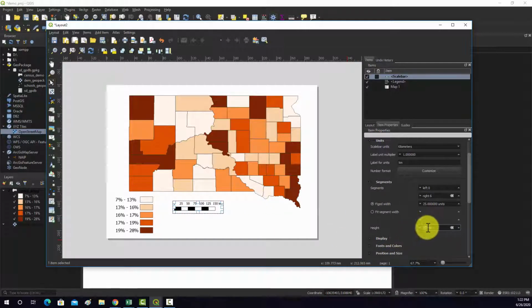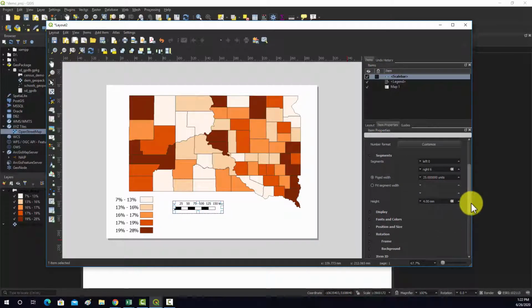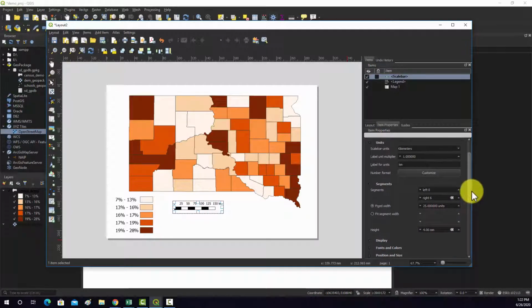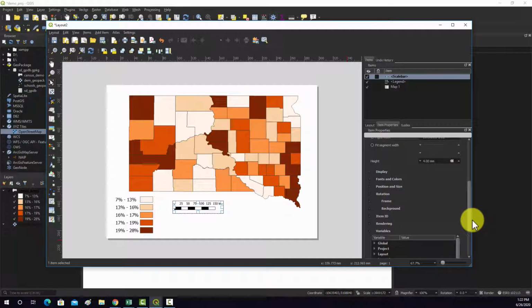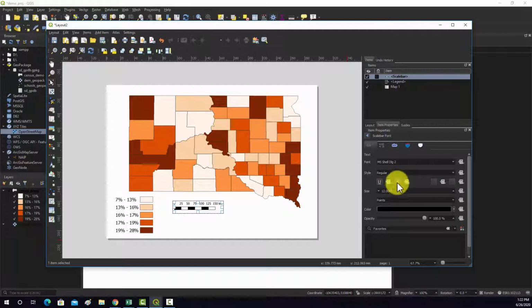Maybe it's too much. And then what else could we do to it? I think that actually looks pretty good. We probably do want to change the font. So I'd prefer all my fonts to match. So I'm going to change this to Tahoma again, regular. Maybe I'm going to bump it up a little bit in terms of size. See, now we've got too much overlap. So I think I'm going to go back then